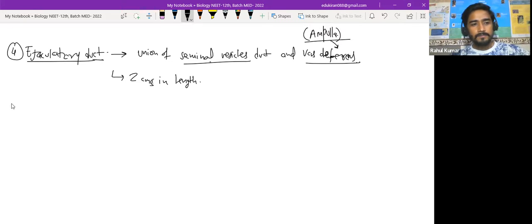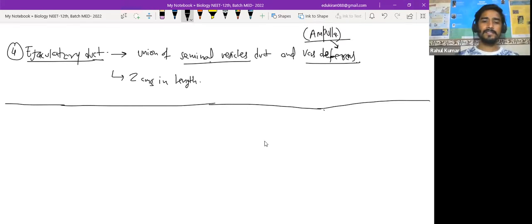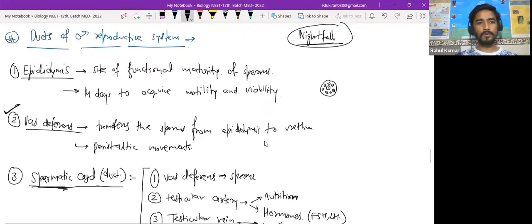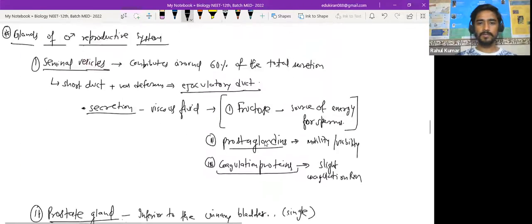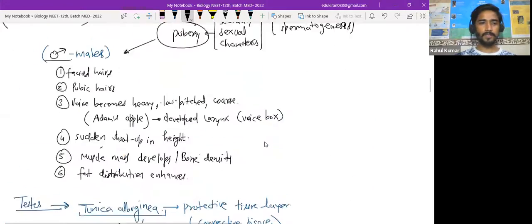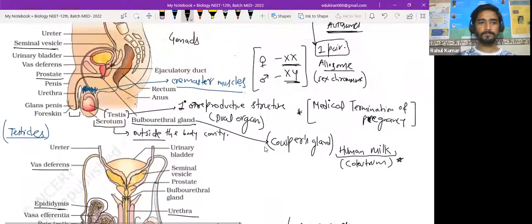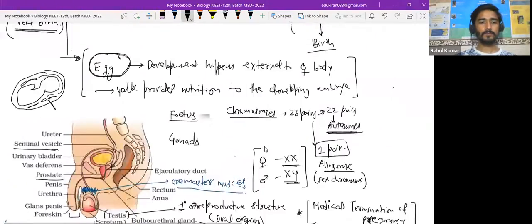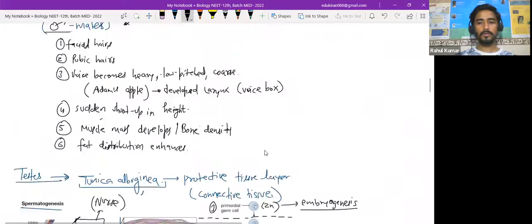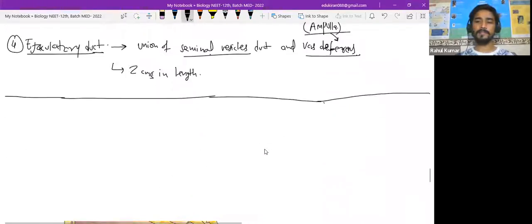So is it clear, everyone? Yes, sir. So the male reproductive system is complete. It's more than what is required from the NCERT's point of view. Everything we have covered, and all the questions we have covered. Let me just go up and check if I'm forgetting something. Okay. So in tomorrow's test, I will just quiz till the male reproductive system,